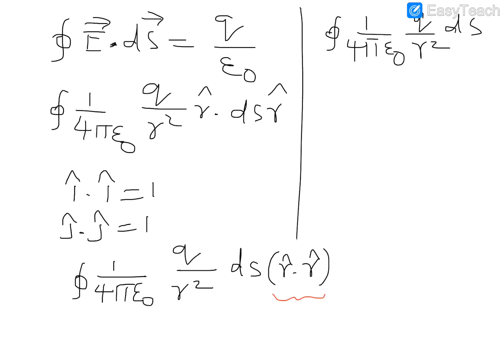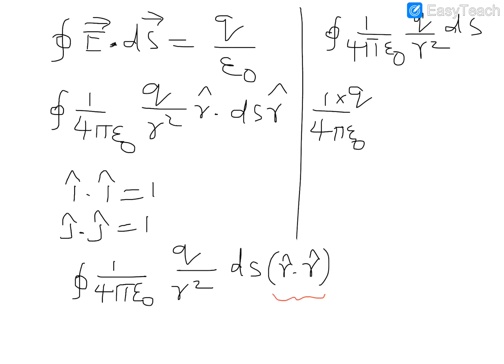Okay, now if you consider this expression, here you can see that you are integrating with ds. Integration is over ds. Now 1 by 4 pi epsilon 0 is a constant, so you can take it out, because constants can be taken out of the integration. Q is a constant because the charge is already there, it will not change, which means the charge is always the same. So you can take q also out, isn't it?